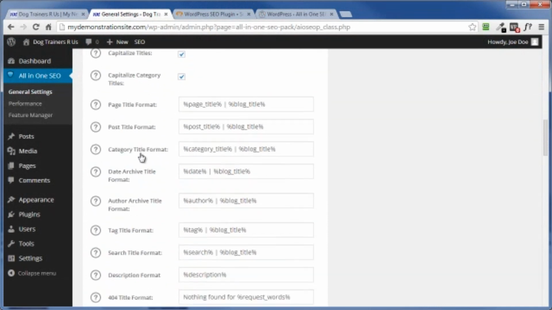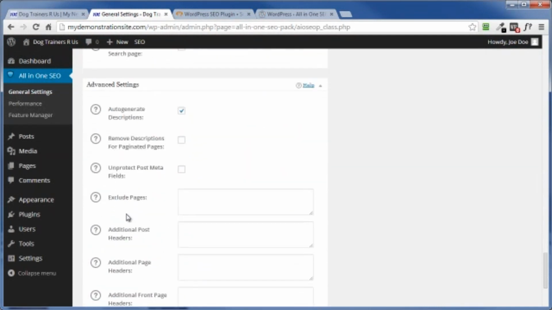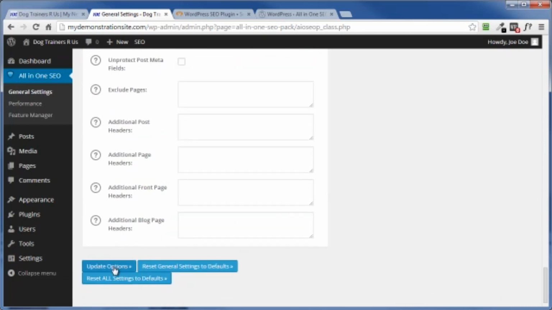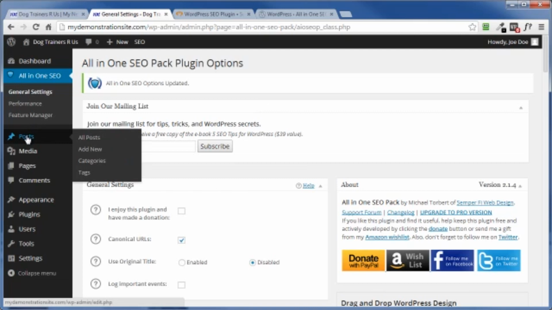But if we scroll on down here, most of this stuff is fine just the way that it is right out of the box. And coming on down here and clicking on Update Options. And that's basically all you need to do as far as configuring the All in One SEO Pack to get you going in the right direction. Now let's go ahead and create us an optimized post by clicking on the Post link